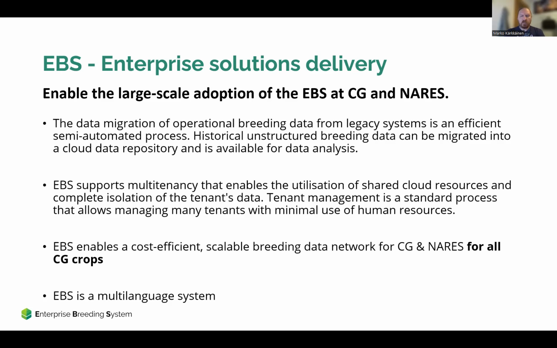We want to cut costs so that the same cloud infrastructure can be utilized across multiple different customers, so that the cost per customer would be lower. And then across the crops: right now we have tested with wheat, maize, and rice. We are working with legumes, but other crops should follow. And of course, we are a global organization, and there are a lot of languages that people use. So EBS probably should be a multi-language system to facilitate adoption. Thank you very much. And now to Edie.